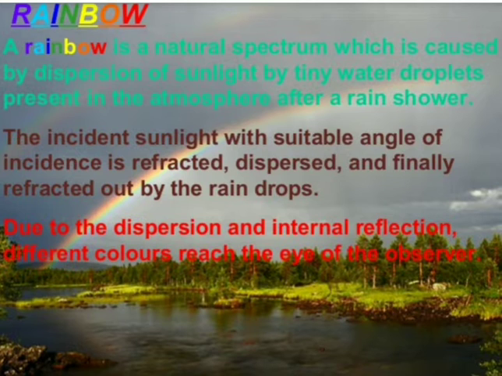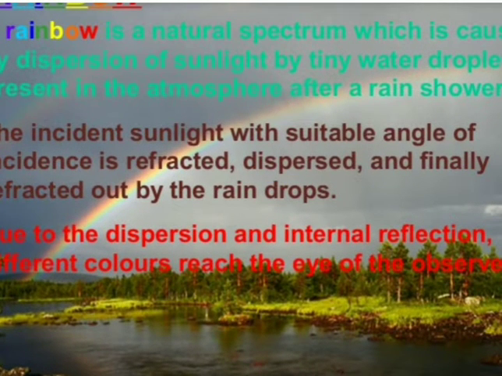Students, it is a very important question. Many times the examiner asks what the sequence of phenomena is in the case of a rainbow. And what will you say? First of all, atmospheric refraction takes place, then internal reflection, and after internal reflection there is dispersion of white light, and after dispersion, when it comes out, there is refraction again. Okay, atmospheric refraction, then internal reflection, then dispersion, and after dispersion again refraction. So this is the sequence followed in a rainbow.